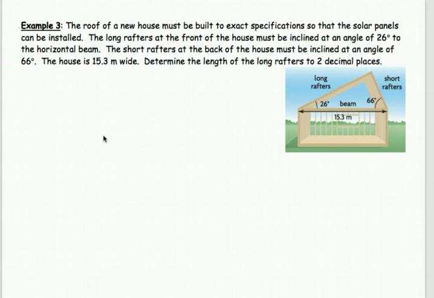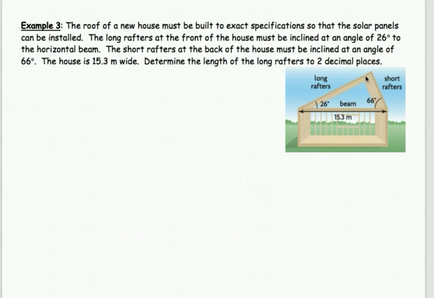Okay, so here's the last example now. We are building a roof on a house here, and we want to put some solar panels on. So we need to build the roof according to these specifications. The long rafters, which is this part here, have to be at a 26-degree angle from the horizontal beam, which is right here. The short rafters on the back, which are here, have to be at a 66-degree angle from the horizontal beam. And then we know one more piece of information: the house is 15.3 meters wide. So knowing this information, we need to determine the